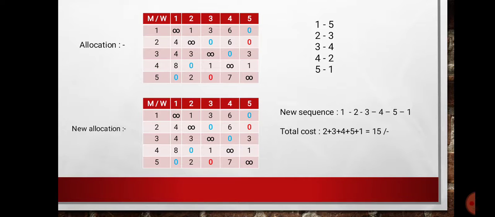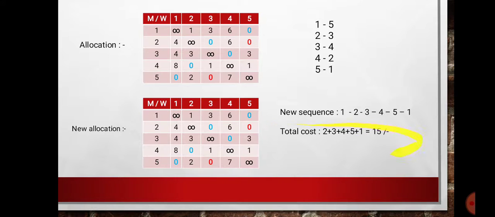Here we show a new sequence 1 2 3 4, first visited to second. Now here by mistake we didn't select first with second, and second visited to third, and third visited to fourth, fourth visited to fifth, and fifth visited to one. This will be interchanged only here. Don't select zero, but here any one element will be selected, and we get the correct sequence, or a correct route to visit all the machines at one time, only one.